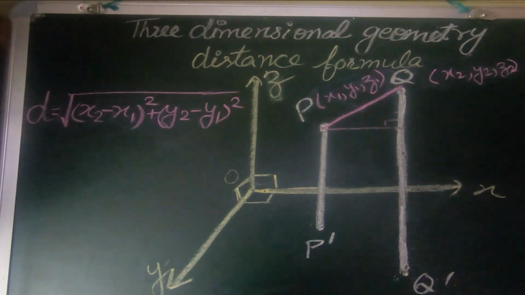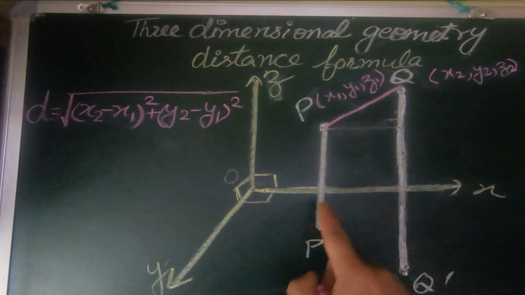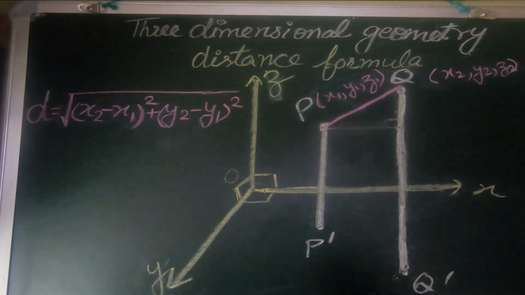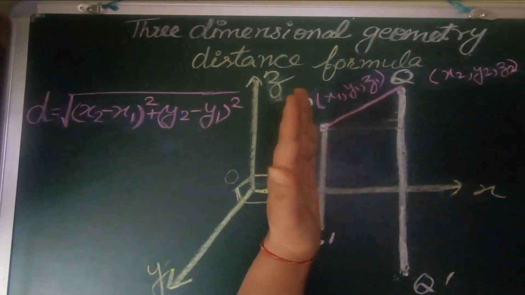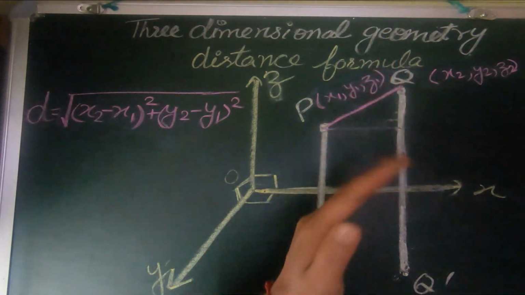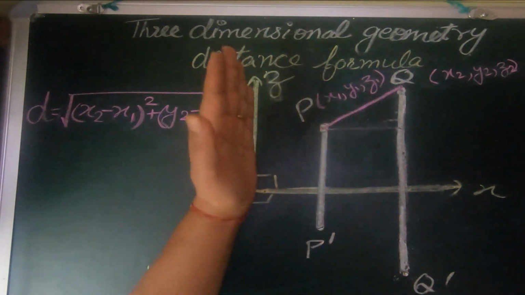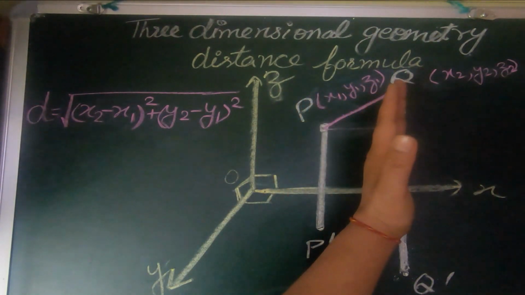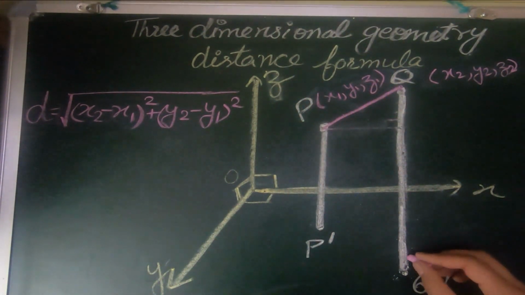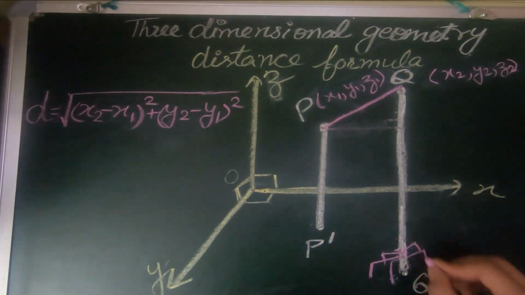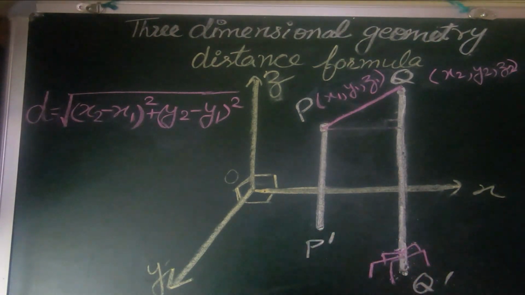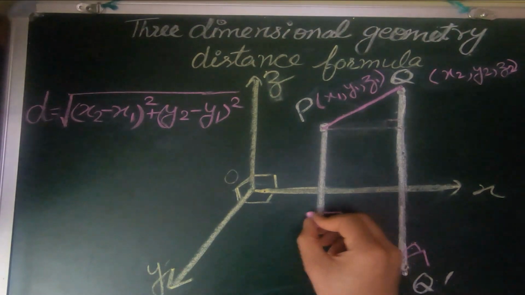Now this is actually the 3D visual for this. One more point to be noted here: PP dash can be treated as an object. So PP dash and QQ dash are actually straight, because I just drew their shadows on the floor. You can consider these as line segments parallel to the z-axis. That means they are perpendicular to the floor, so this is 90, this is 90, whatever is on the floor, it makes 90 degrees. Here too. All are 90.